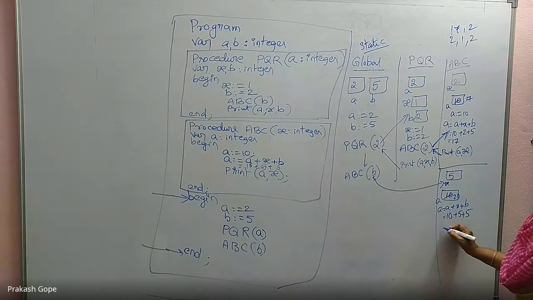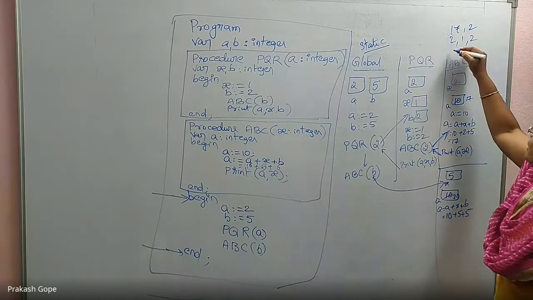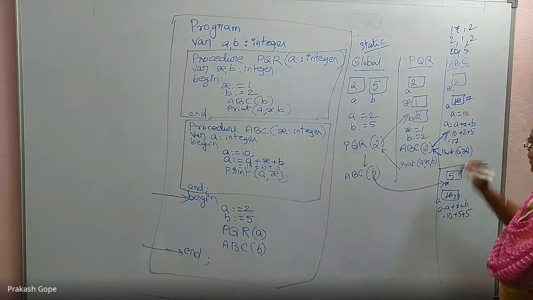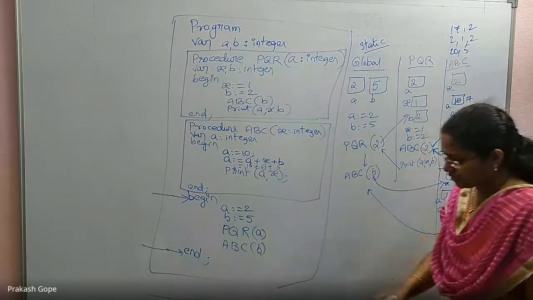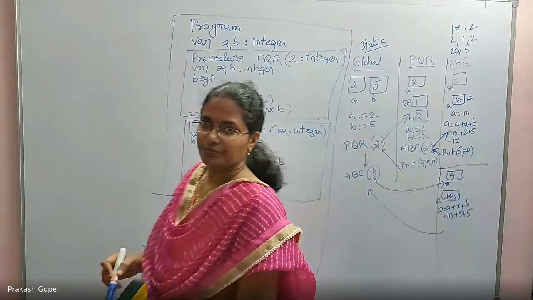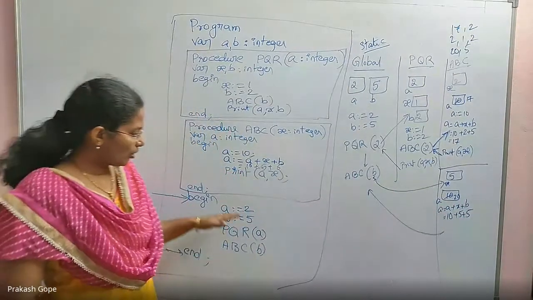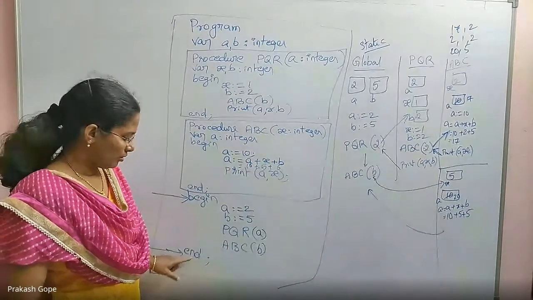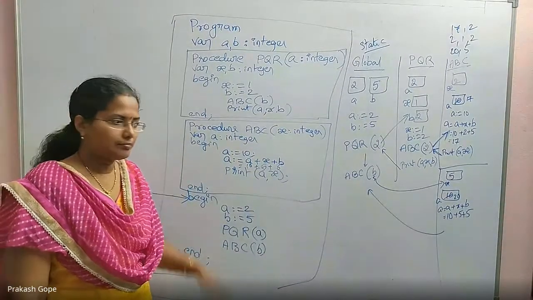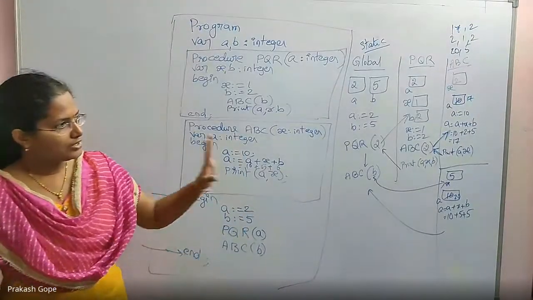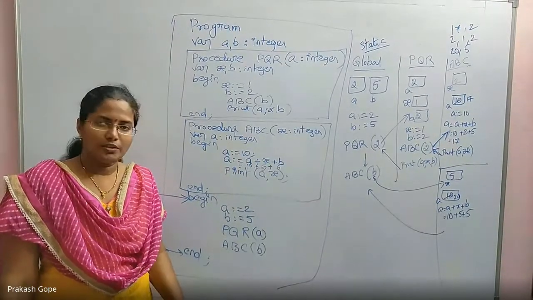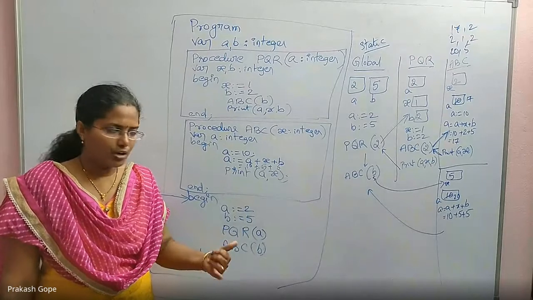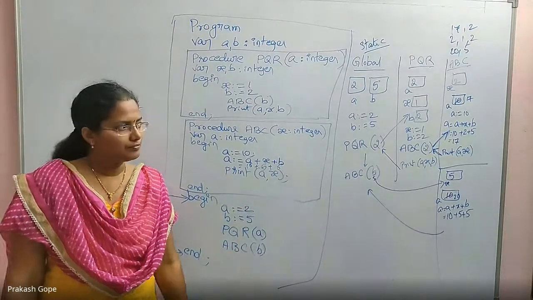Updated. Print A and X. A value is 20, X value is 5. Execution completed, go back. Now global program execution is also finished. So we stop execution. We executed all the statements. Now reached the end. So this is static scope. Priority is given to the locally declared variable. If it is not present, it's the outer block's variable.